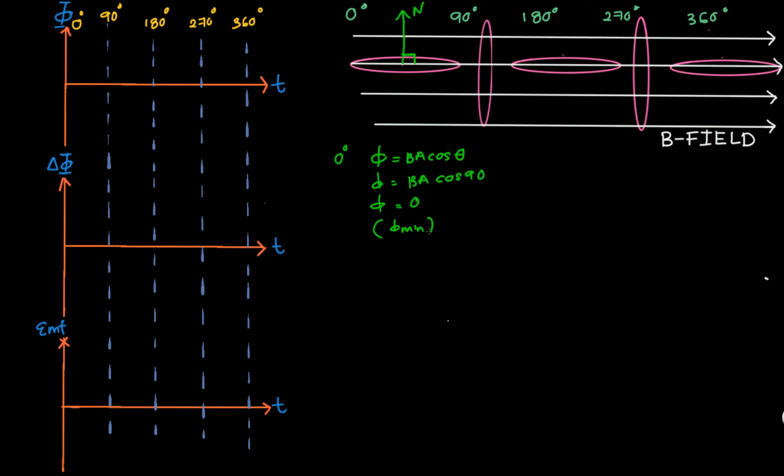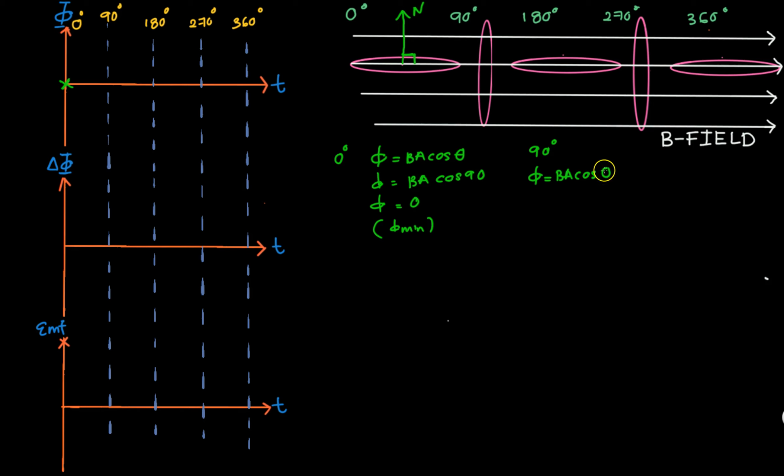Okay, and as the coil rotates to 90 degrees, let's look at what happens at 90 degrees. Before this, for the 0 degree, we know the flux is minimum, so I'm going to plot a minimum value at this point here. Next, at 90 degrees, again the same formula, flux is going to be equal to BA